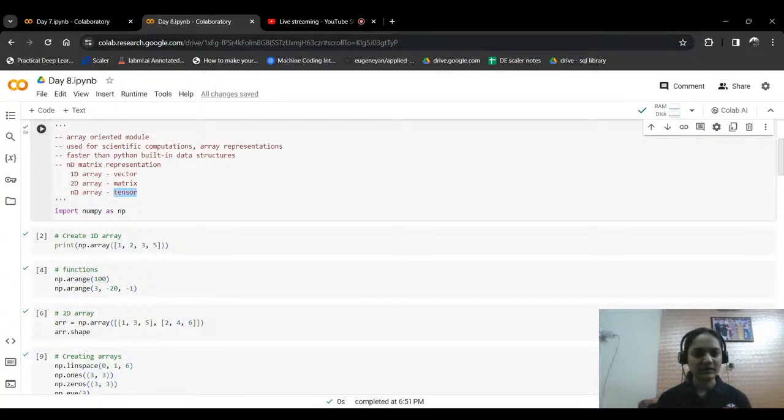So that is a 3D array. So it has three dimensions with x, y, z. Or you can say a cuboid होता है, उसका height होता है, length होता है, breadth होता है. So that is a 3D kind of array. After 1D and 2D, 3D, 4D, 5D, 6D, all the n number of ND arrays are called tensor,